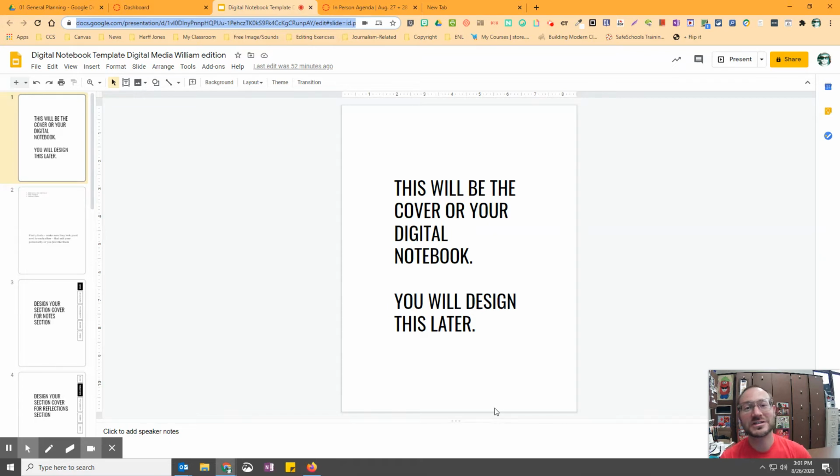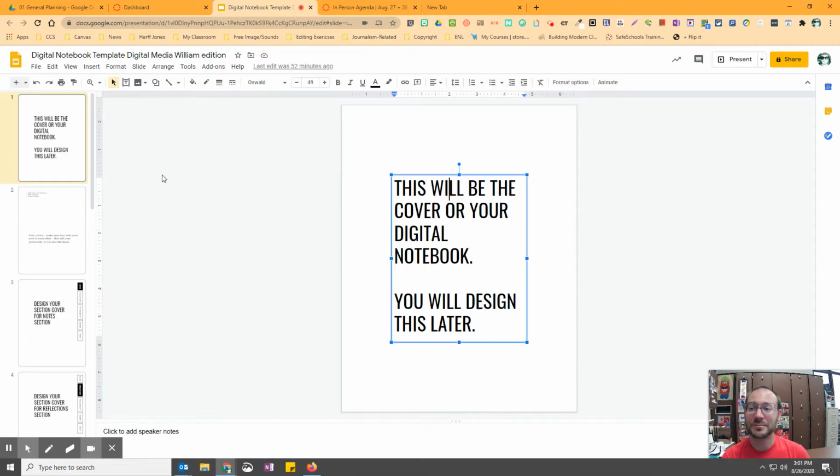The other fun thing I want us to do is we're finally going to get to designing our notebook. So we've been learning about design principles, and we're going to apply those design principles throughout our notebook to design. So what I've got here is an example of our notebook, and the first thing you should see is our